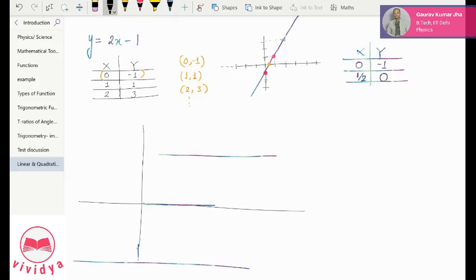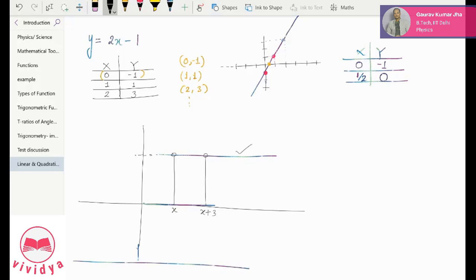Okay, let's check. Let's take this line. Suppose x was here. If I increase the value of x by some value, so x was here, now suppose this is x plus 3, for example. So what is happening to y, the value of y on this line? Exactly, that is what you have to notice.